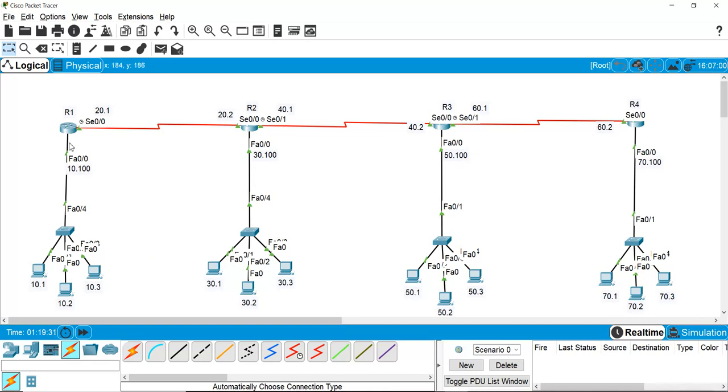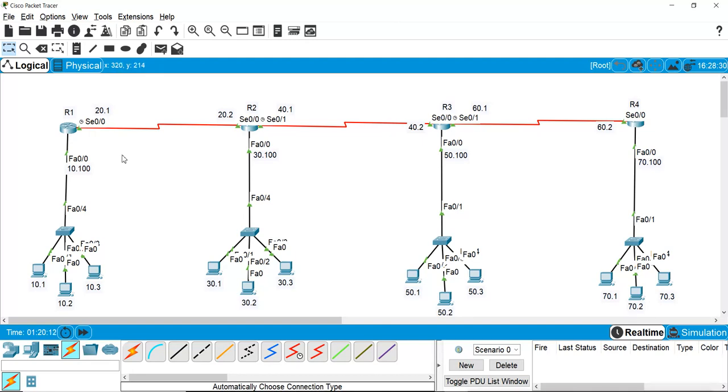Making the entry in the routing table of the router, the process is called IP routing. IP routing means making the entry in this router's routing table, and there are two ways, static and dynamic. Very simple. Static means manually we create the entries, and dynamic means we use a protocol and the protocol creates the entries dynamically, that means automatically. So right now we are seeing how we can create the entries statically, and it is called static routing, where we create the entries manually about all the other networks.